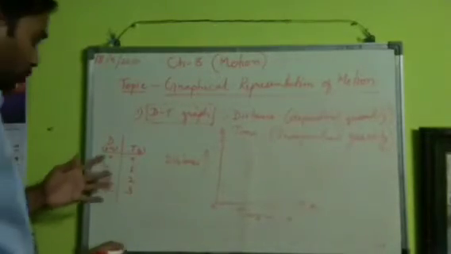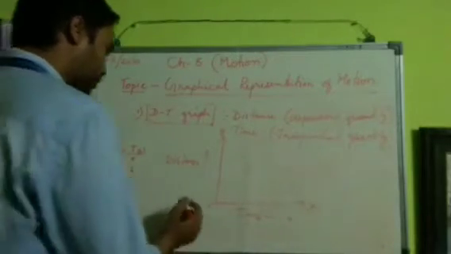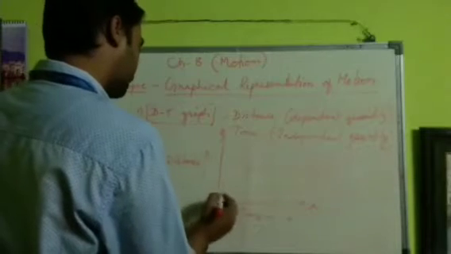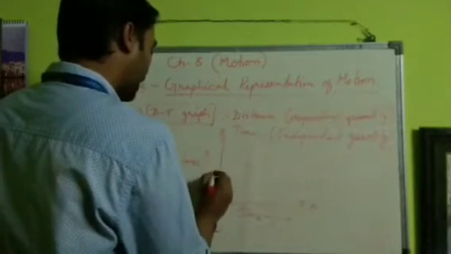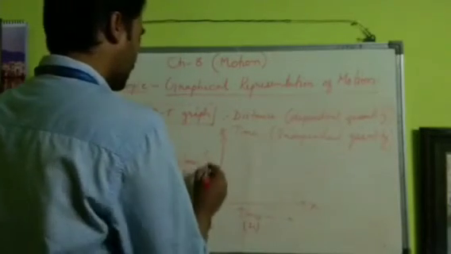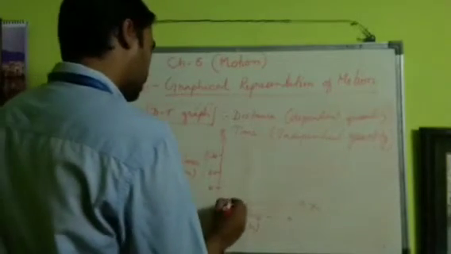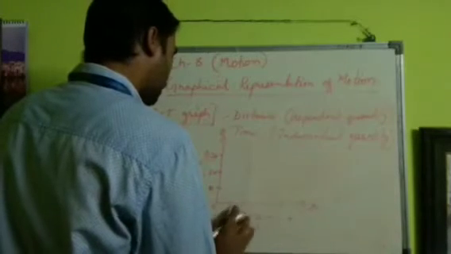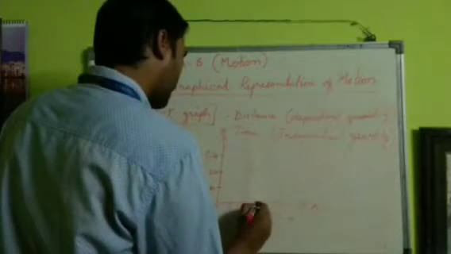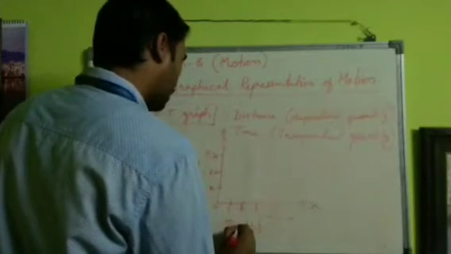Now if we try to plot this data here in the graph, we will see that. Now let us try to plot the graph first. Now let this be 10 kilometers, let this be 20 kilometers. Now distance, if we take in kilometers and time in hours, and here it is 30. Now this is 0, this is 1 hour, this is 2 hour, and this is 3 hours. Now this is what? Time.